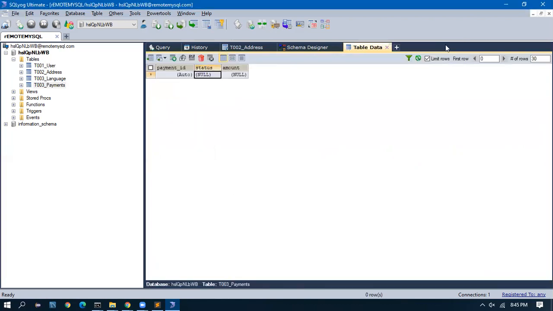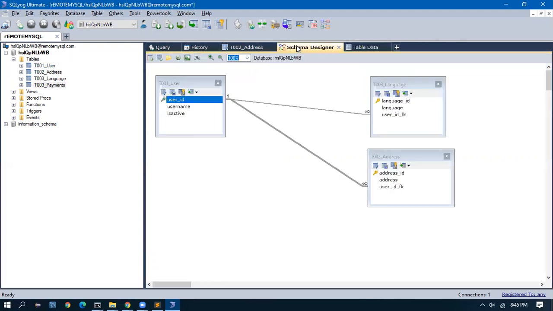Now, when I go to this table, the scenario is, okay, I'll go to schema and I'll drag and drop this payment as well.